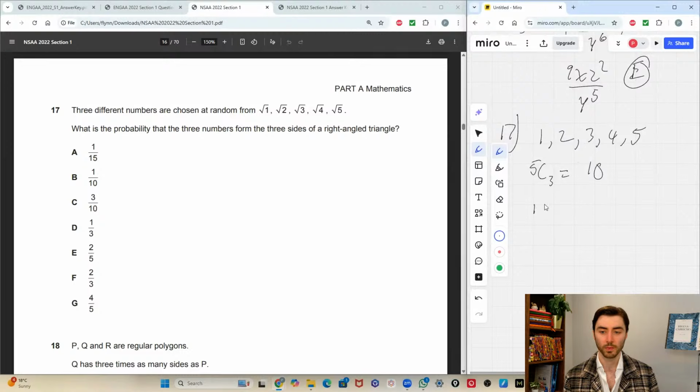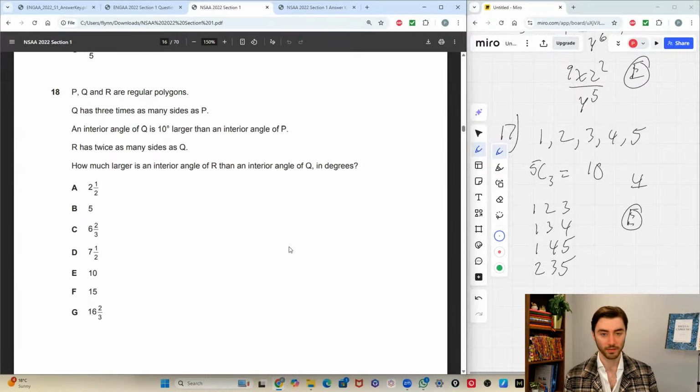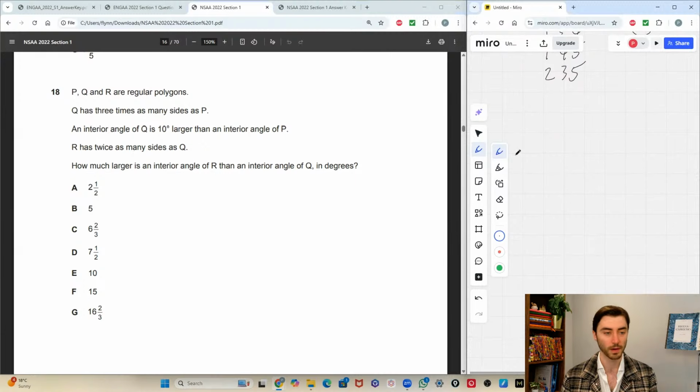Out of those, I could have 1, 2, 3 forms 1, 3, 4. I could have 1, 4, 5. 3 different numbers, so you can't have 1, 1, 2. So I can have 2, 3, 5. So I'm going to say that's 4 out of 10, which is 2/5, which is E. Okay. And I'm more confident now. So I've got like 5 minutes. I've got time, so I can calm down, do things a bit slower, see if I can mop up any extra